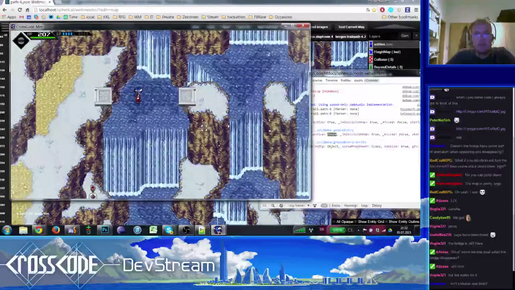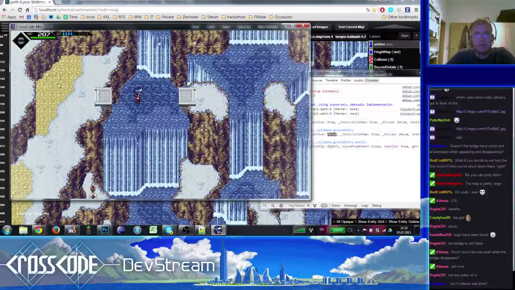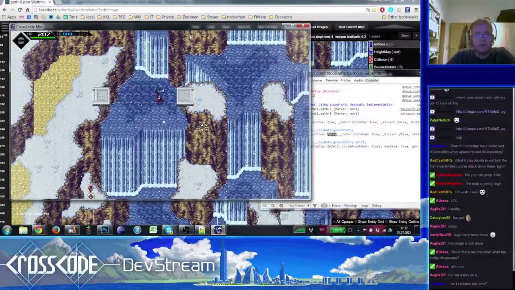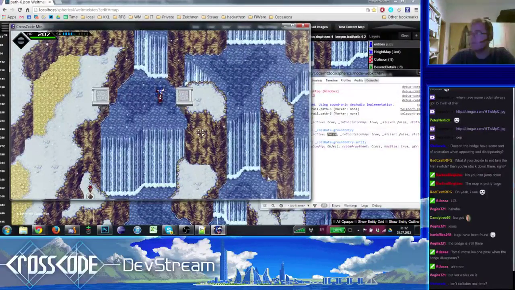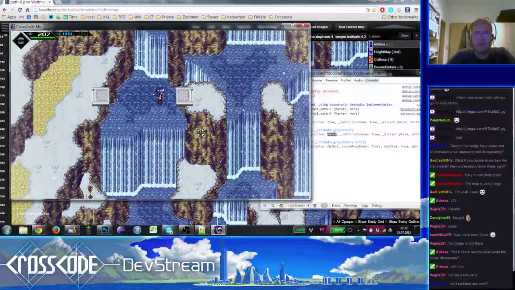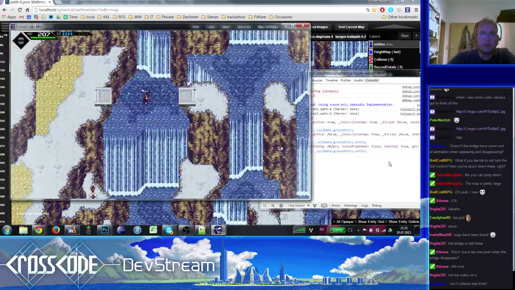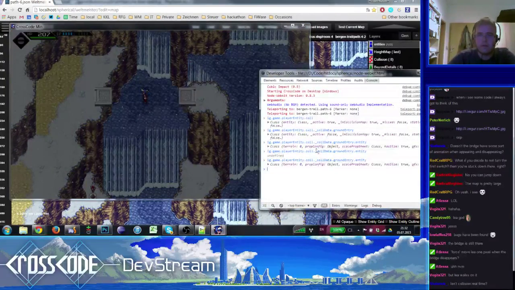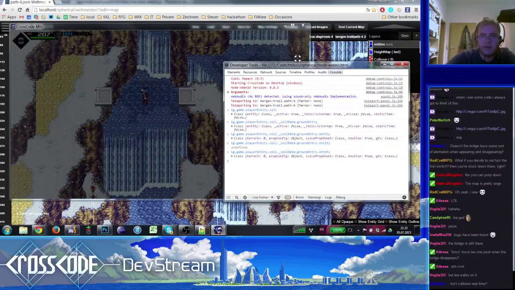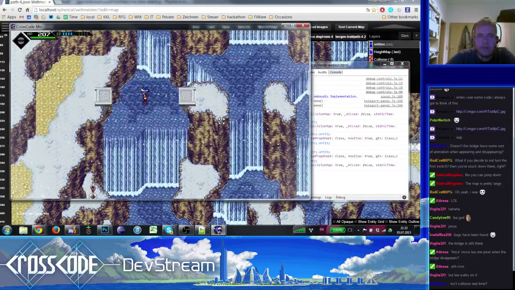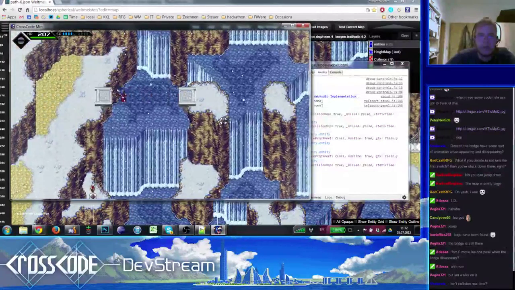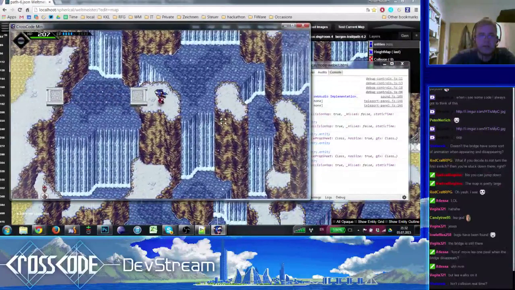I'm now trying to think of some things where this could lead to problems, but I don't think so. No. I mean, that would never happen. You should never have an entity that's not active, because it doesn't exist when it's not active. But now the problem, what really confuses me: do I still have a ground entity? Yes, I do. And what is it? Is it active? Is it not active? It's still active false. So this thing is actually still in the collision map. That should not happen.